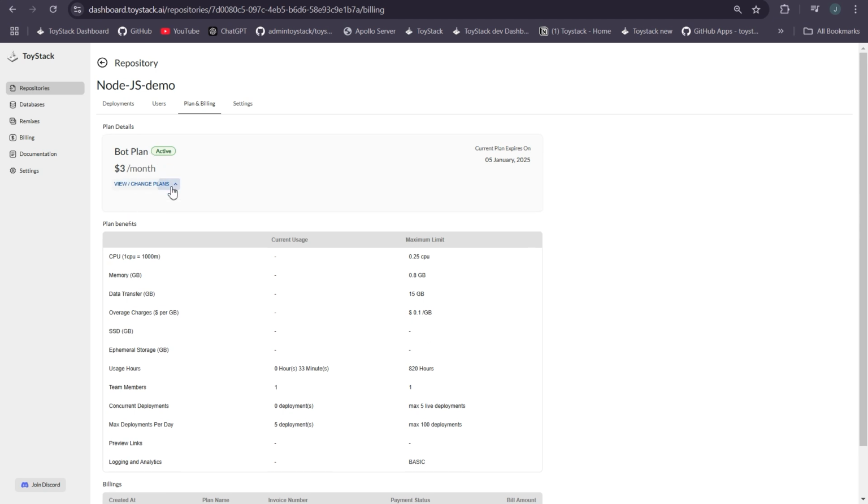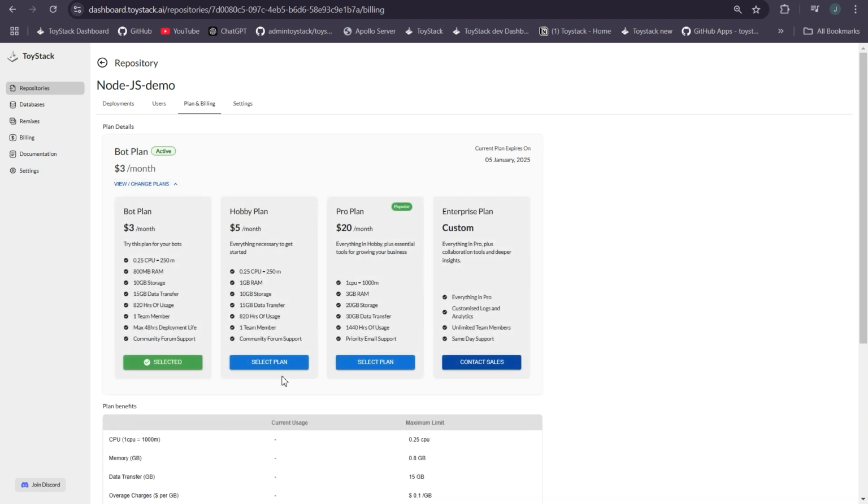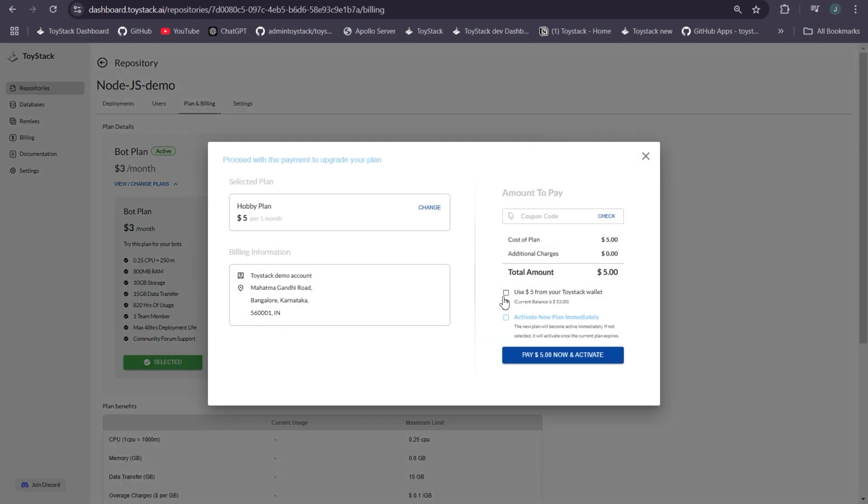In case you want to change the plan, you can choose any one and select plan and use this option. And you can either activate the new plan immediately, or once this bot plan expires, the upcoming plan is going to get activated. So either one you can choose. So I'm going to use this plan once my bot plan expires. So I'm going to click on pay